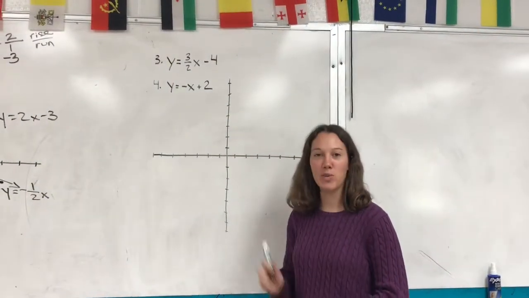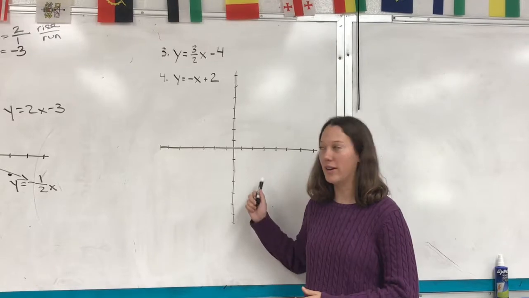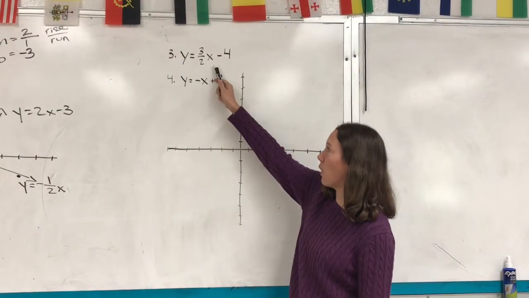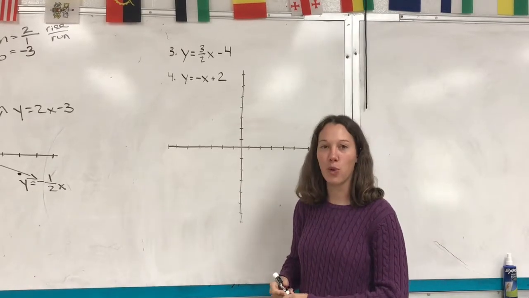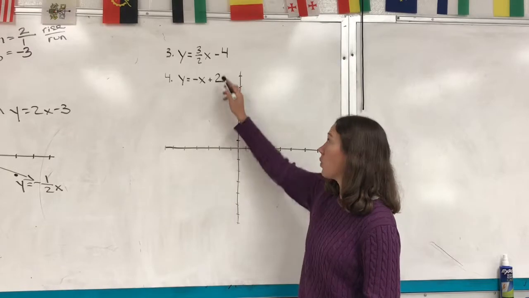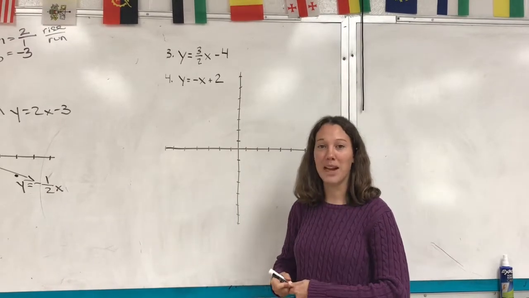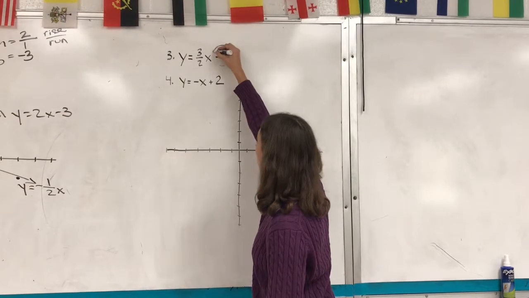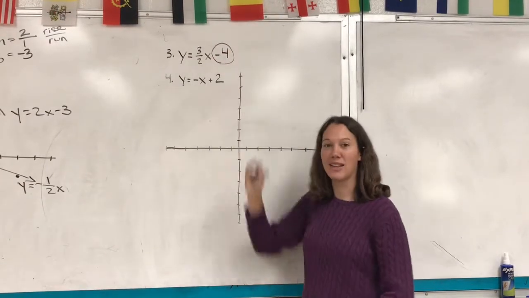I'm going to do 2 more examples of plotting our lines on our graph given a linear equation. So for number 3, we have y equals 3/2 x minus 4. The first thing I always look for is my y-intercept. So in this problem, I know my y-intercept is the number that's by itself. It does not have the x. So I'm going to circle my negative 4, remembering that it keeps the sign that's in front of it,